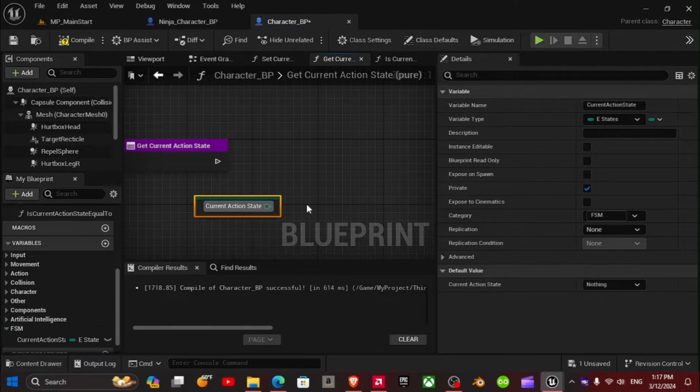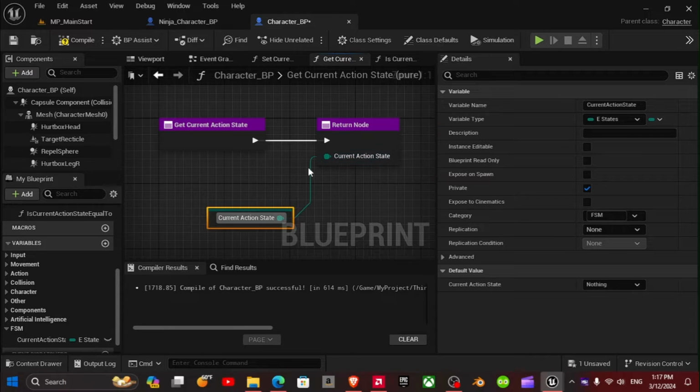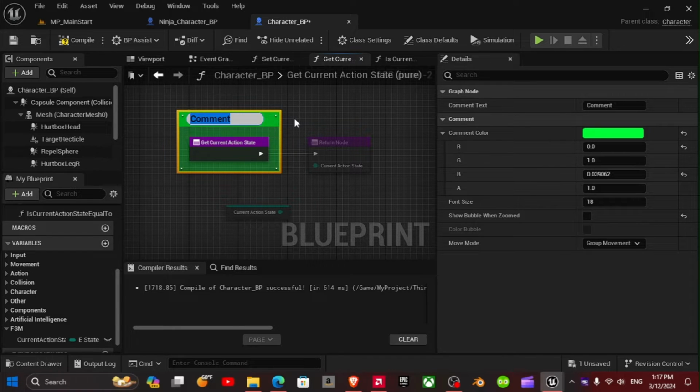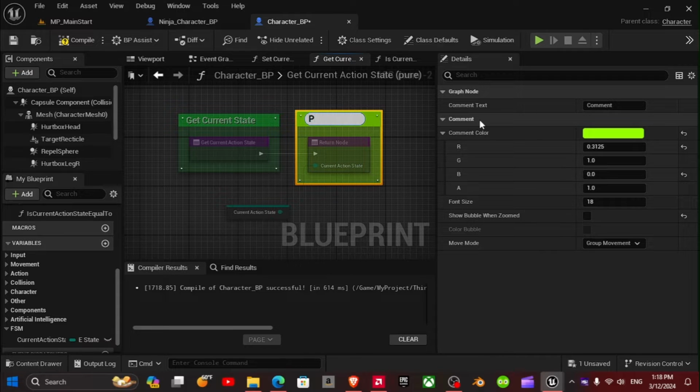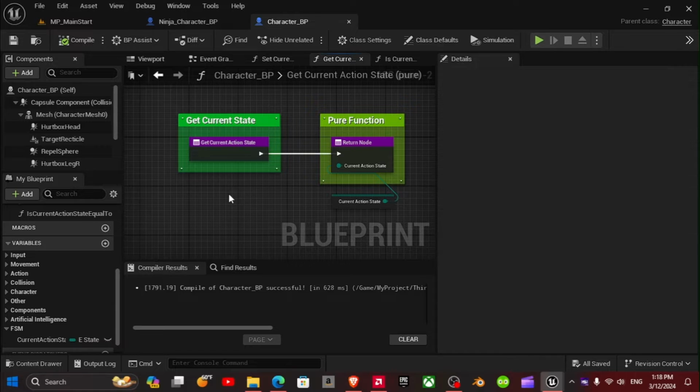Control key to get current action state and bring this out. Yep, simple enough.